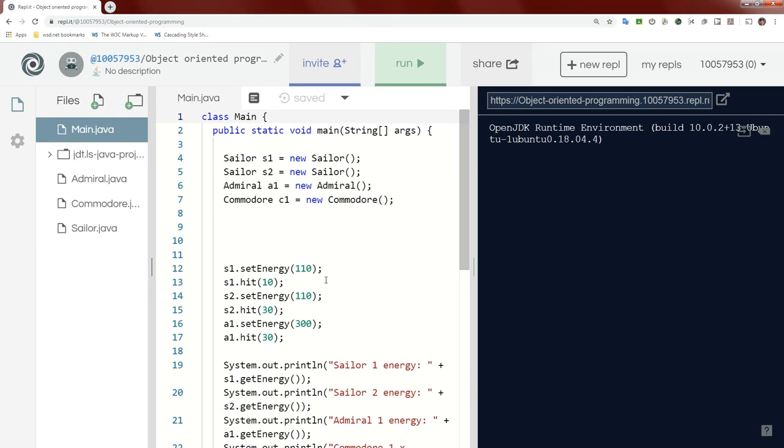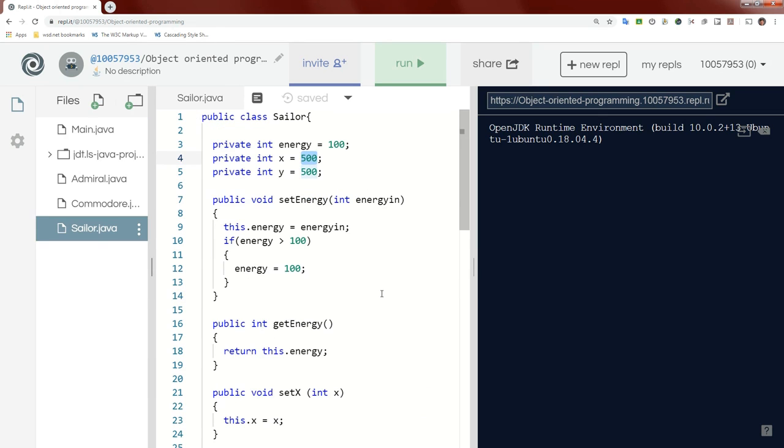And you can see if we go back to the main, we've got this sailor class, we've set up two sailors, and we want to pass in the energy for sailor 1 and for sailor 2. So we go ahead and we set the energy for sailor 1, we set the energy for sailor 2, we pass those in. And if we jump back here to the sailor class,